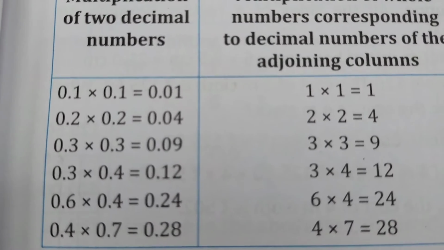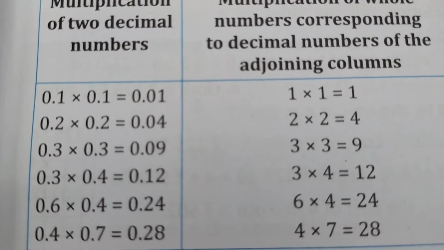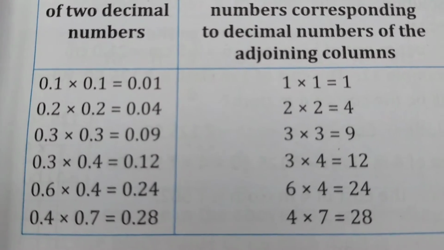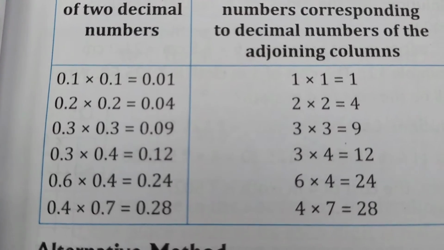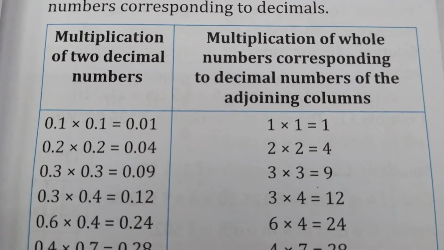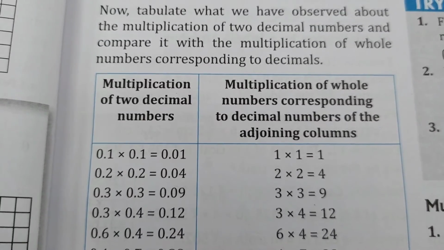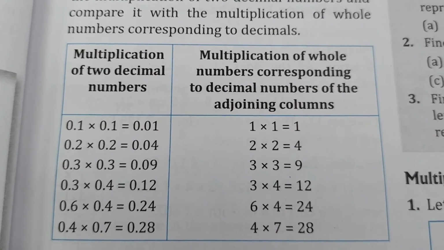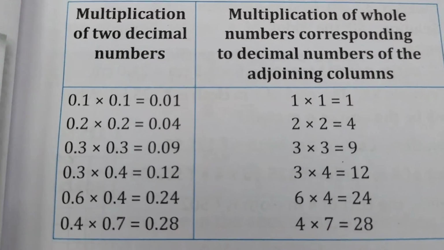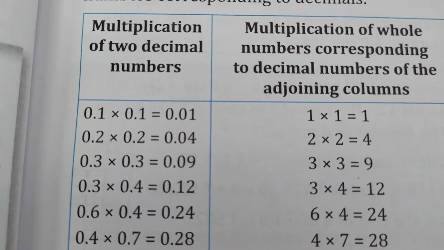You see in the same way 0.3 into 0.4, we multiply them as whole numbers. 3 4s are 12, but in the decimal places we have two digits, when you count 1 and 1 together is 2. So this is how we multiply them as whole numbers and then adjust for decimals. So you can see clearly how to multiply decimals. I'll explain another question.